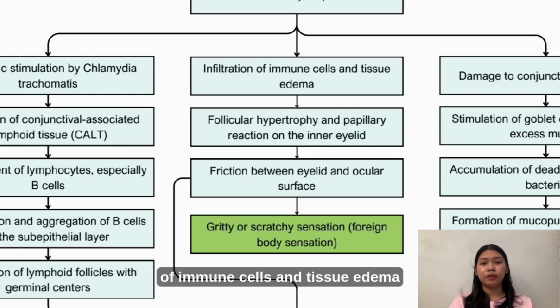Infiltration of immune cells and tissue edema lead to follicular hypertrophy and papillary reaction on the inner eyelid. So, friction from